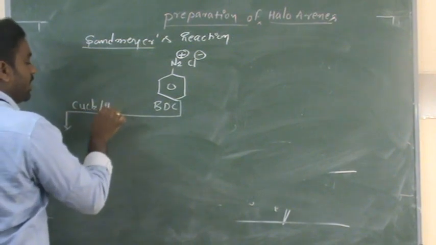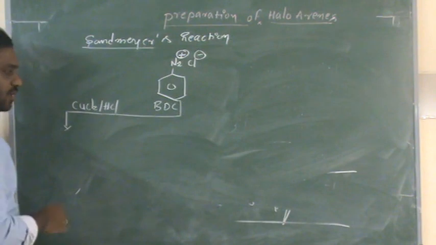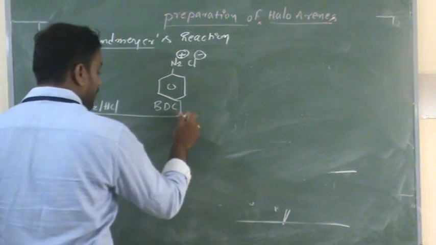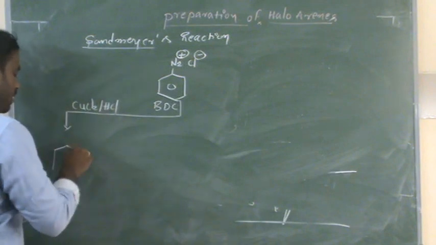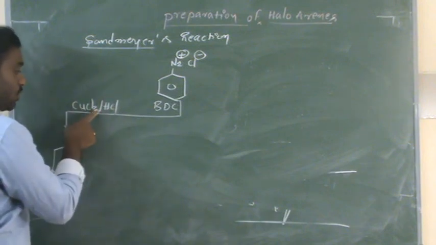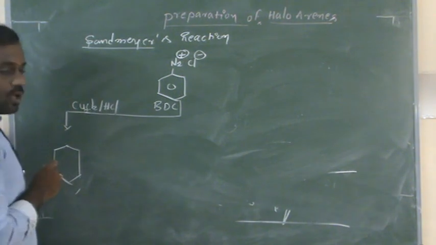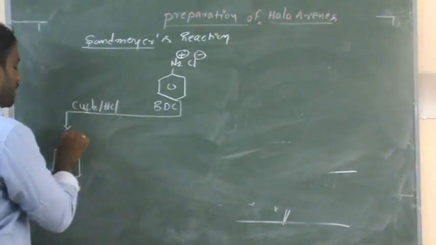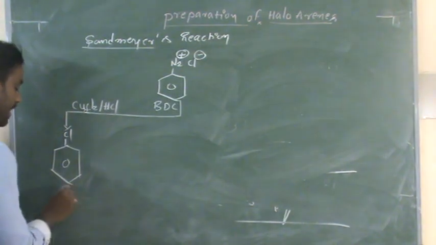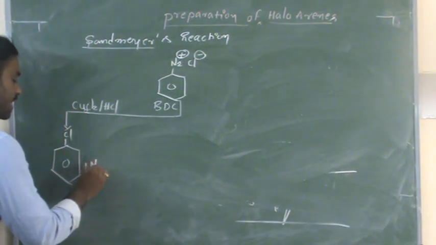Cu2Cl2 and HCl. If we react with this, then we get which one? If you use Cu2Cl2, then we get chlorobenzene, and the byproduct is